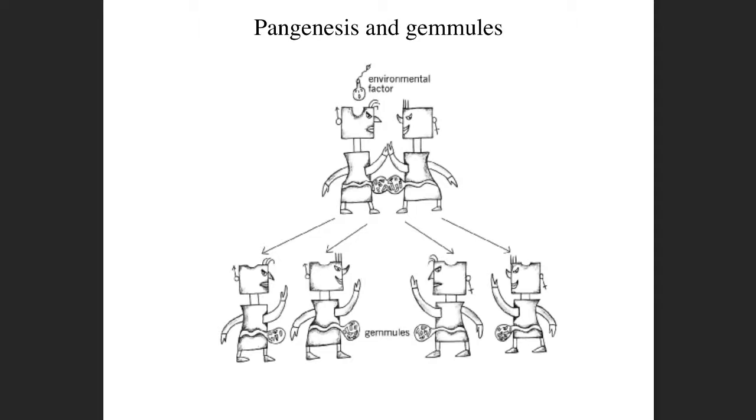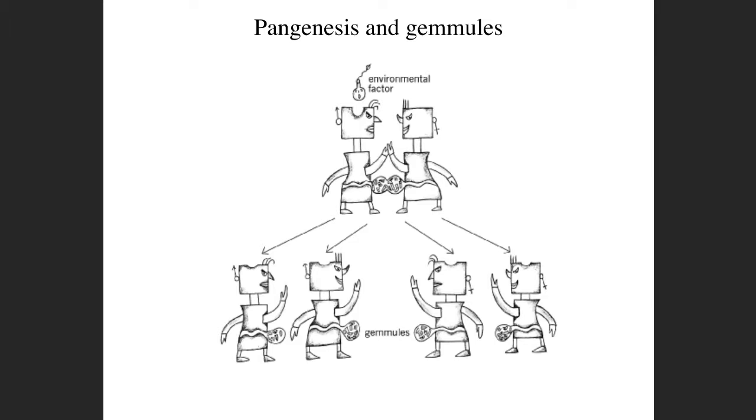He had this idea that there was this process called pangenesis, and that there were these particles called gemmules that were floating around in the body, and the gemmules would gradually accumulate in the gonads and would be taken up by the reproductive cells, eggs and sperm, and then they'd be passed on to their offspring. And so these gemmules that were the particles of inheritance could be built up and also